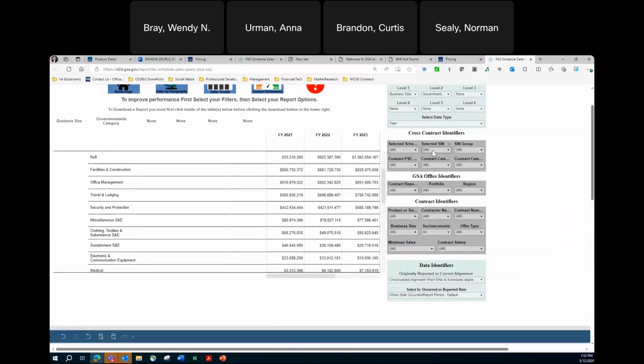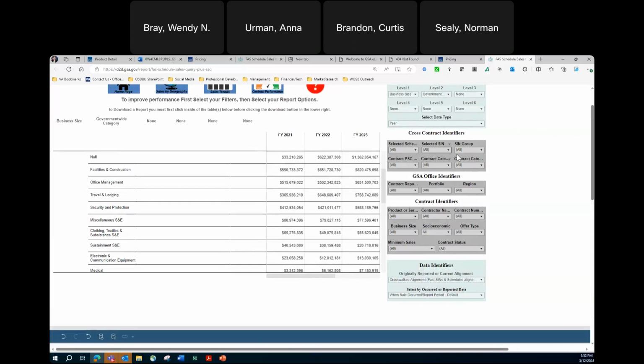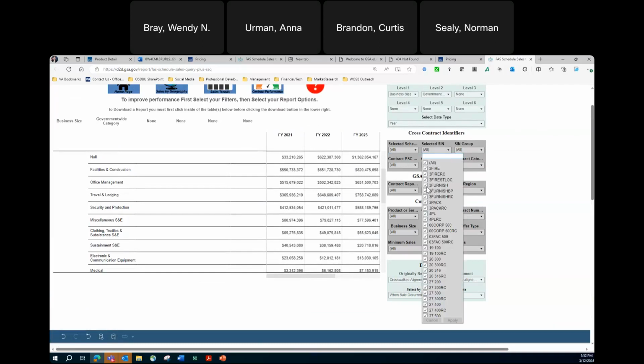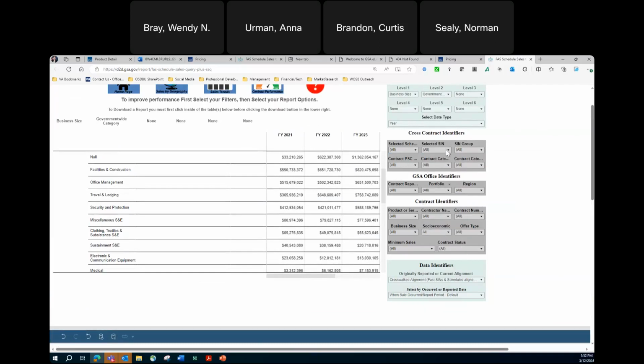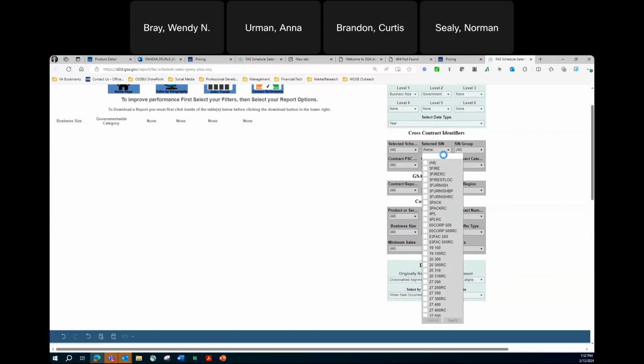You could look for specific SINs. So you do all, or you, this gets tricky. So you, oh goodness, you have to uncheck the all. Then what you may want to do is apply that. Now it shows none, obviously, and then you pick specific ones. I'm just going to pick random ones, hit apply,